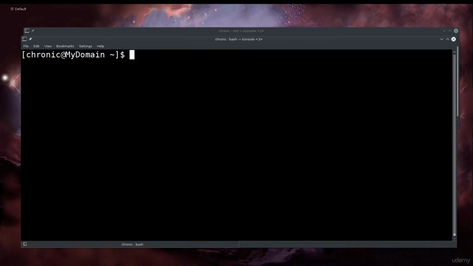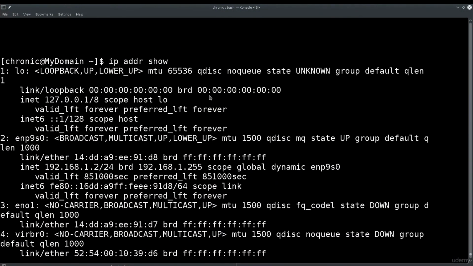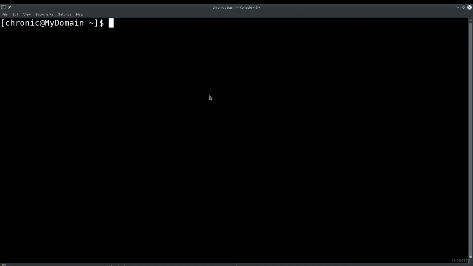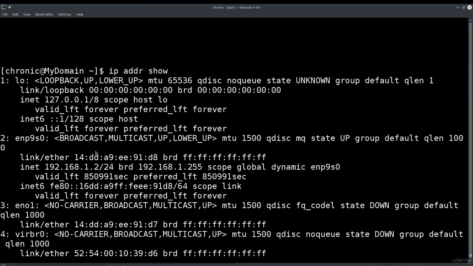Anyway, the next step is grep. Grep is basically for pulling out certain things. For example, if you use ip addr show, this will show the network interfaces and their IP addresses. The information is kind of messy here, isn't it? There's a lot of things, and it's kind of difficult to go over it. So you have a loopback interface, and then the address for the loopback interface, and then your internet connection, with the interface being used for that. So you have